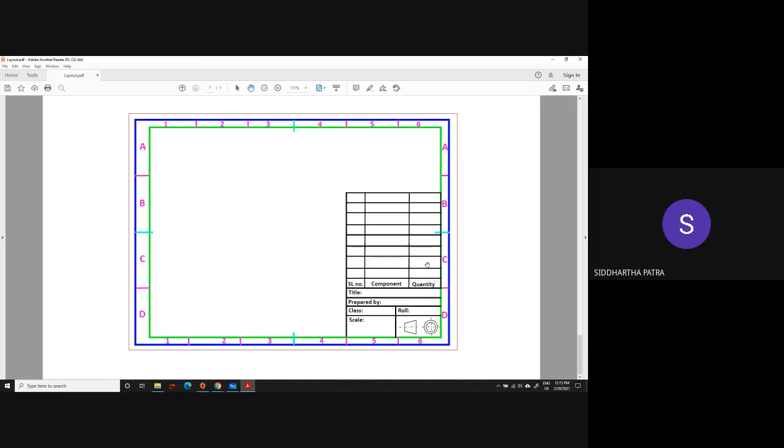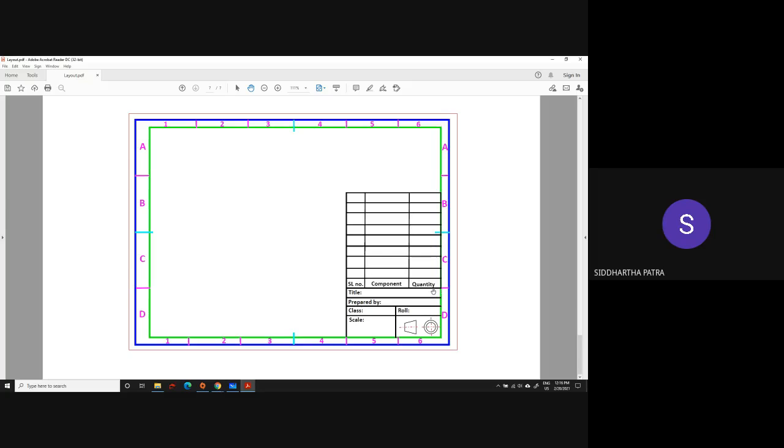So you can write the name of the component, and you are supposed to mention the quantity of the object in the next column. Okay. There could be 1 or 2 more columns if necessary, but these are the primary number of columns that must be there. Okay. And you might notice that this table is kind of inverted. I have not labeled them at the top, but I have labeled them from the bottom. Okay. So that if you forgot to mention one of the items, you can add them at the top.